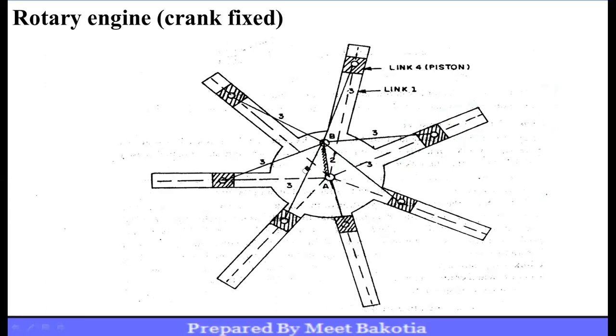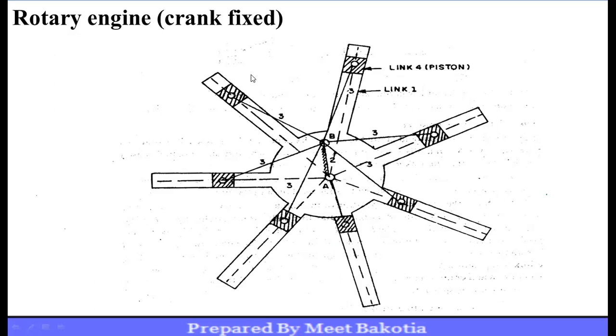is used, or say was used in the past as an aero engine. But at present, these engines have almost become obsolete because they have been replaced by gas turbines. Now you can see there are 7 cylinders and all revolve about the fixed center A, right? These all, 1, 2, 3, 4, 5, 6, and 7, all 7 cylinders, are going to revolve, rotate about a fixed point, which is A.